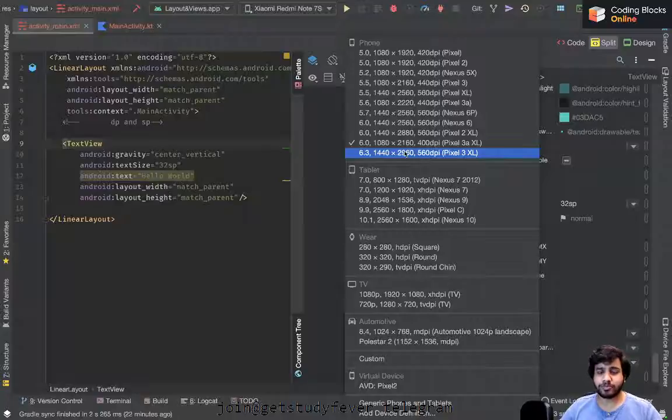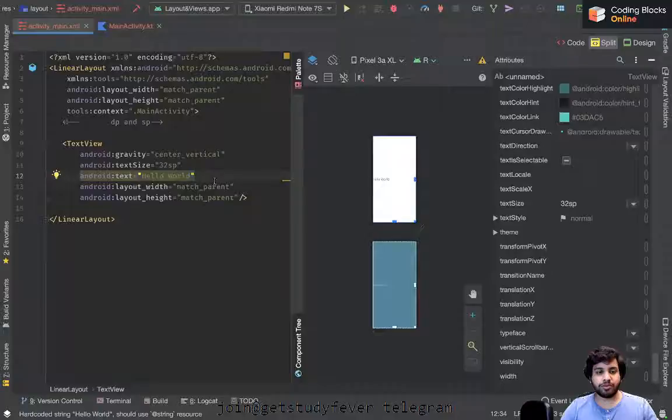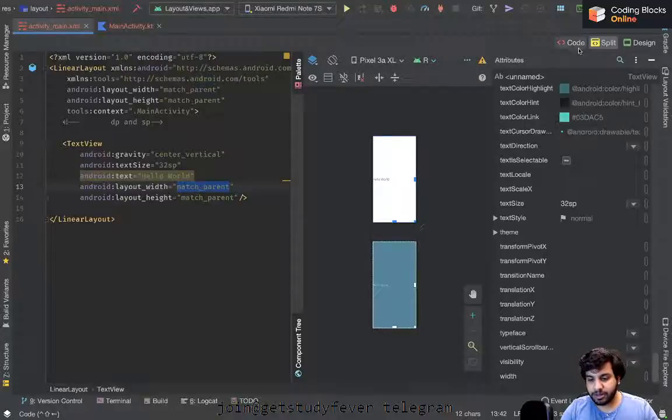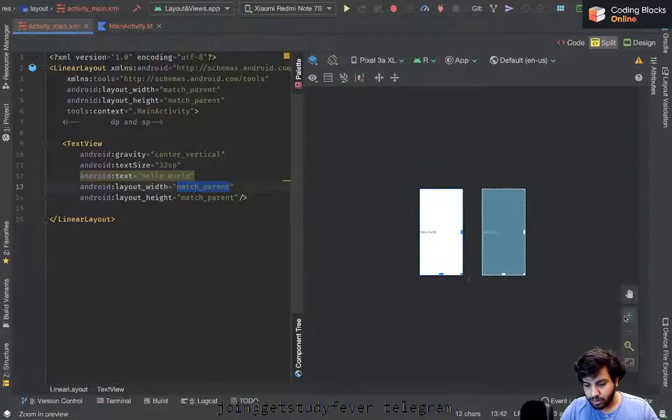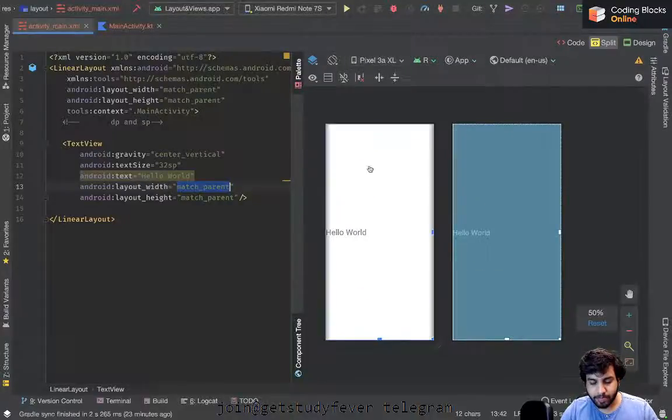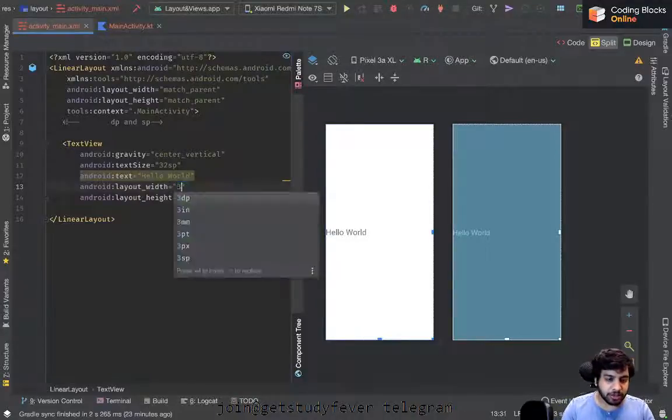So every phone or every screen has a different pixel density, and let's say you want to make a view which is the same for all the screens. Let me talk about it in terms of the DP here. Right now I'm using match parent, so let me just use 300 DP